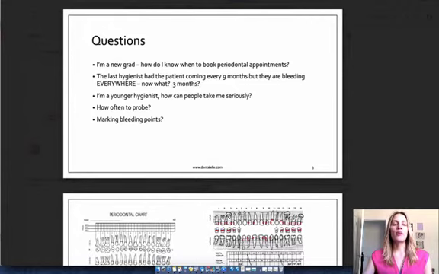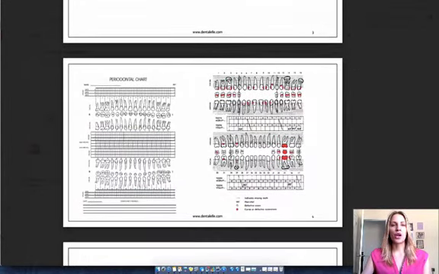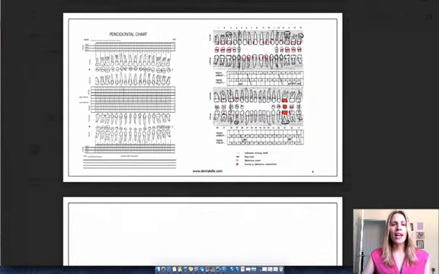And somebody had a question about marking the bleeding points. Now, this is different for every office. I do have some charts down here. Where's my mouse? Oh, there it is. I was touching the wrong mouse. There we go. I have my laptop here and my computer, and I was touching the mouse for the computer and wondering why things were not moving. So let me just turn off my computer because now I just turned it on again. There we go. Okay, so some examples of Perio charting.